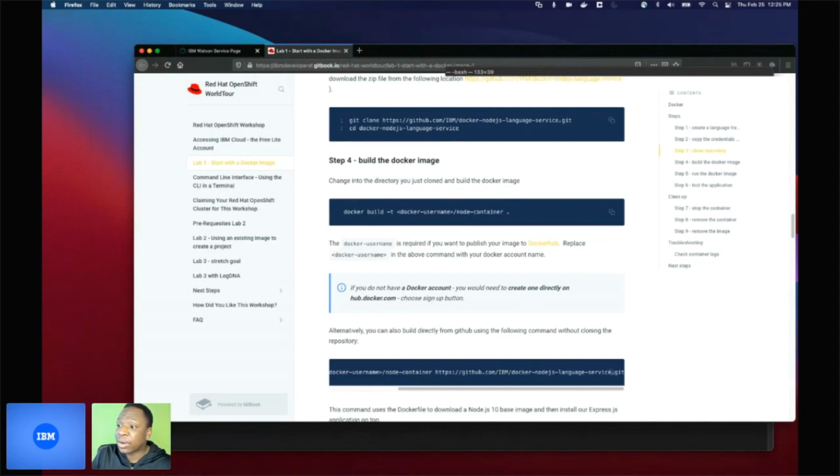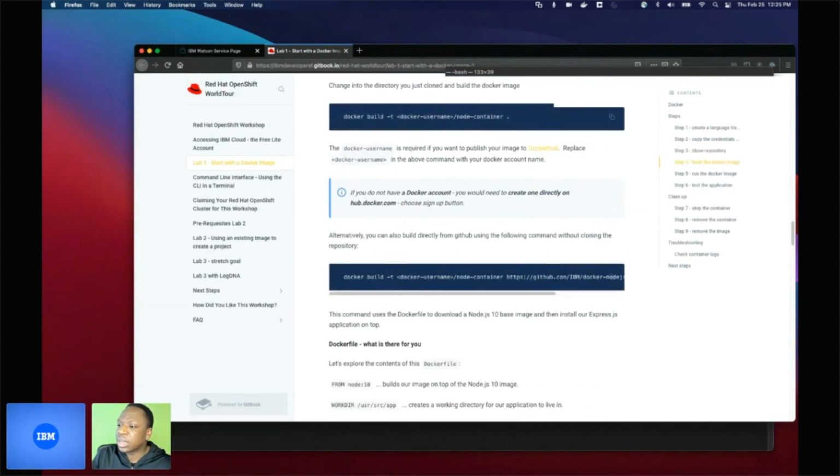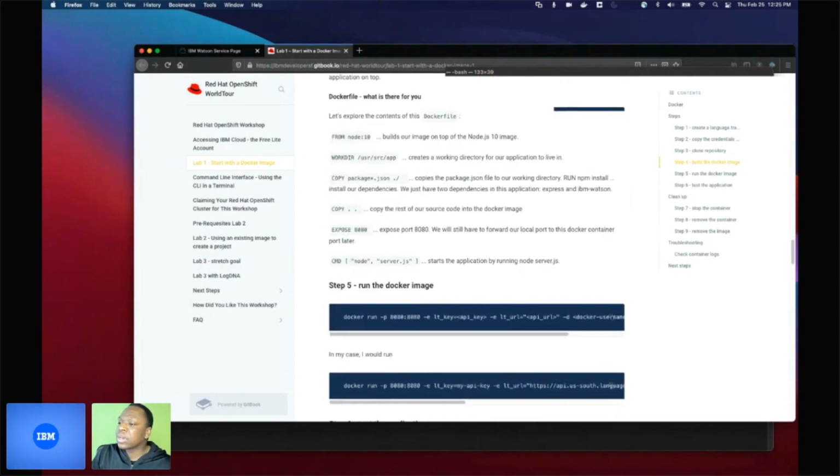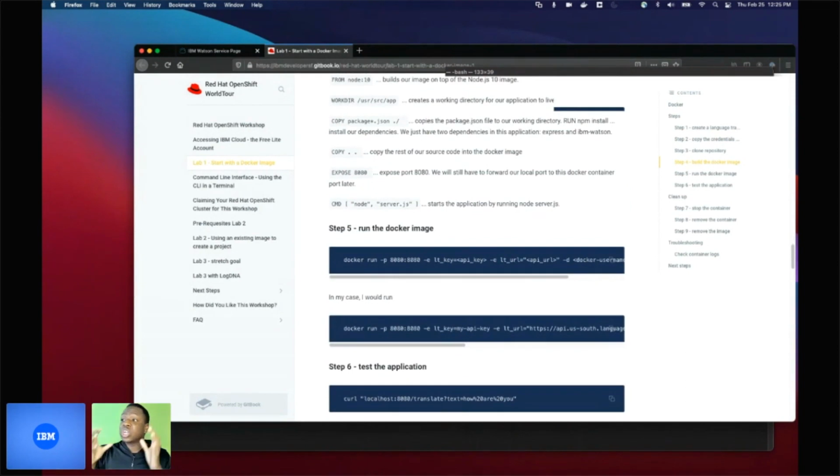So we built the Docker image. We used the build command to get it from a repository. Here on the same page, it explains a little bit about what I talked about in the Dockerfile. So our next step is to actually run the Docker image. What's really important to note about this is that there are certain parameters needed for this to run